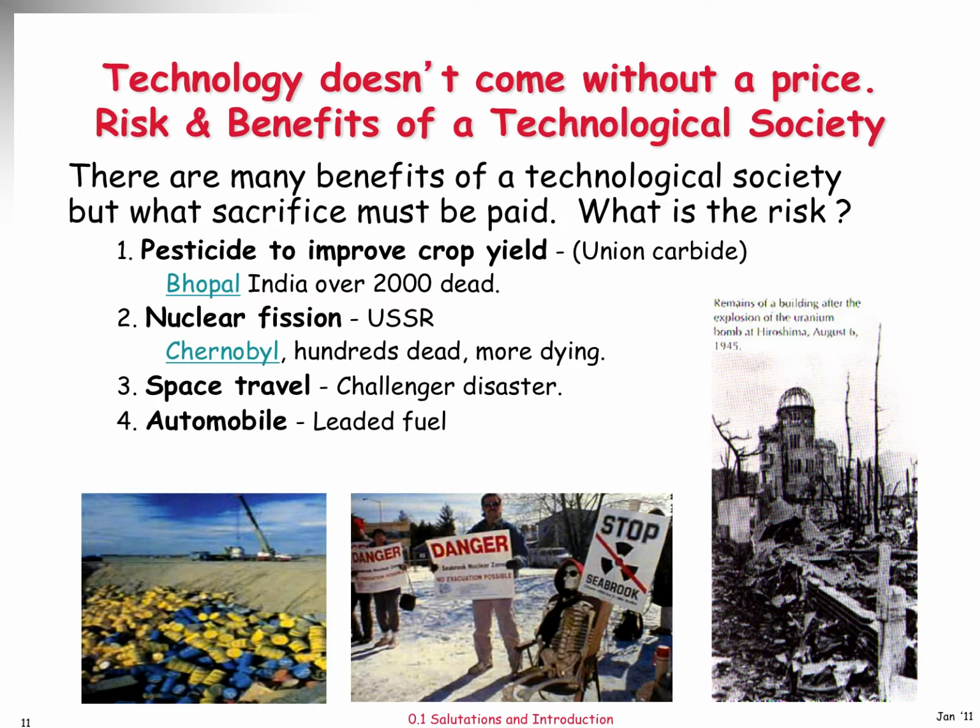These things happened because an O-ring seal in the Challenger disaster broke because of the cold weather. Automobiles, well, those are one of the biggest pollutants in our society. But back in the 1970s, did you know we were using leaded fuel? Lead is a very toxic chemical that affects our central nervous system and causes people to be affected mentally.